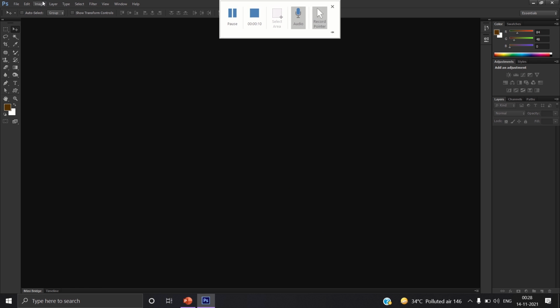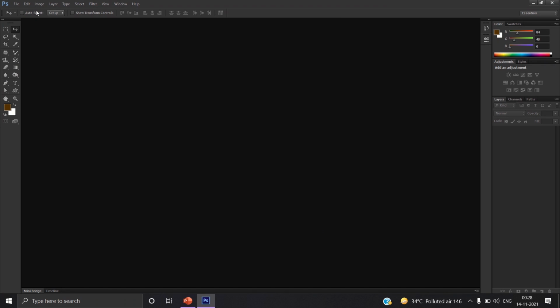Okay, so this is the interface of Photoshop. Here you can see there is a logo of Photoshop, file, edit, image, layer, type, select. All these are menus. Below the menu bar, you can see there is a property bar which shows the properties of selected tool. On the left side, there is a toolbar. Now coming to the right side of the interface, there are some panels given called as color panel, adjustment panel, layer panel and more. Time to time you will get to know what are these panels all about.